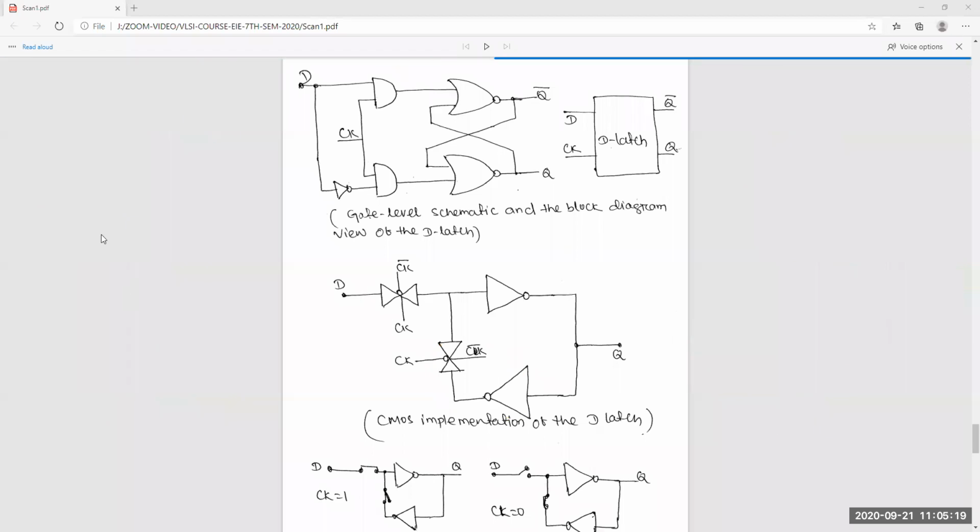So clear. The main point is, whatever we have discussed till now, everything you know, it's just a refresh. Initially the back-to-back inverter, then SR logic, then clocked SR logic, then master slave JK, then master slave. What are the advantages? What are the disadvantages? Why do we go for the upper versions?